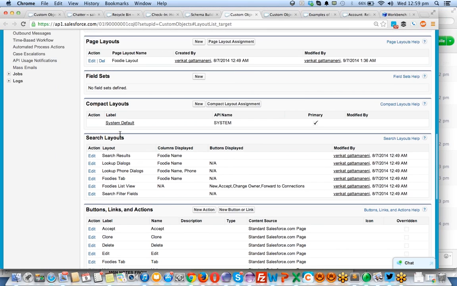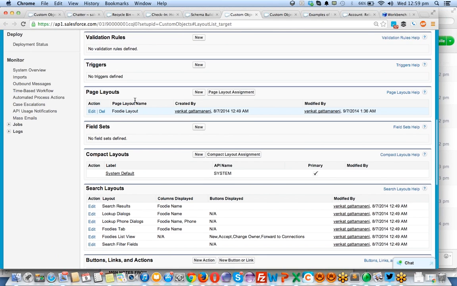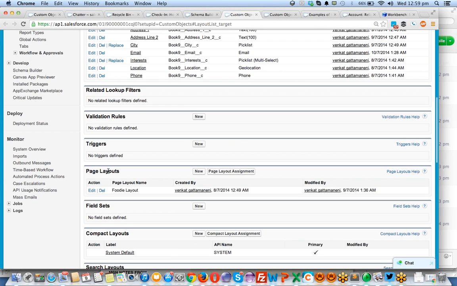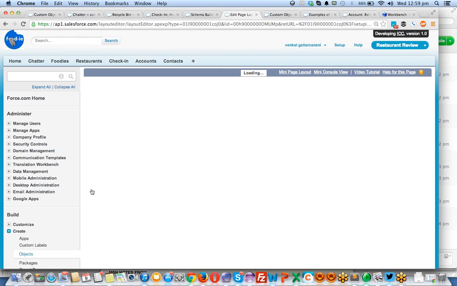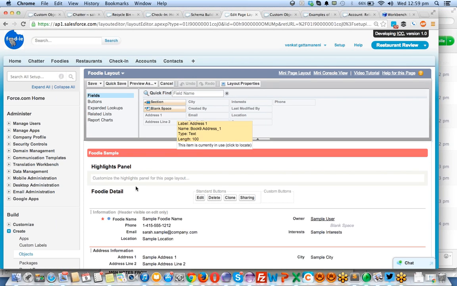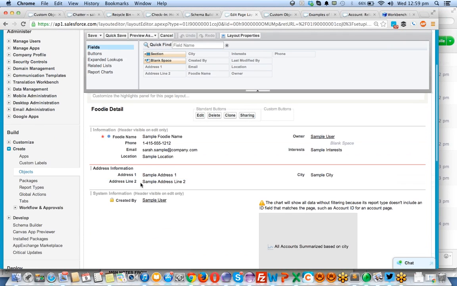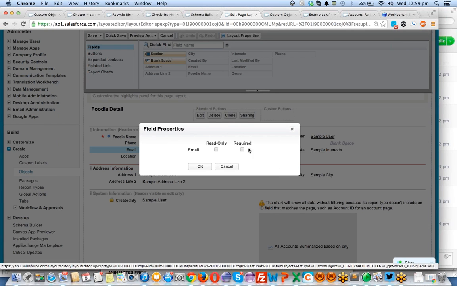This is the first standard layout, automatically created when you are creating this object. If you click on edit, now I have only one layout. It means all the profiles, all the users in the system will be accessing only this one page layout, right? And now I'm clicking here, this is the email field. There is a settings button next to it, right? If I click on the settings button, there is the option again here. So these field properties are at the page layout level. The same properties you can see at the field level also.